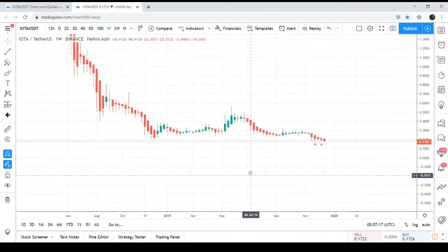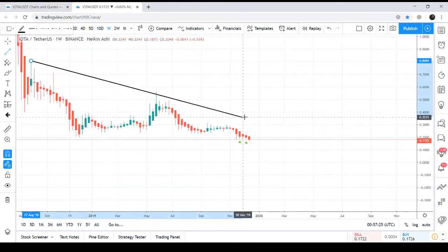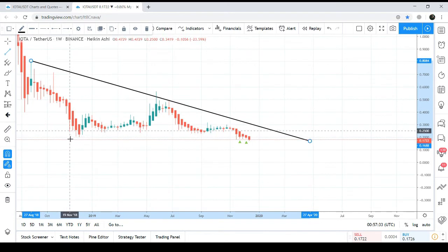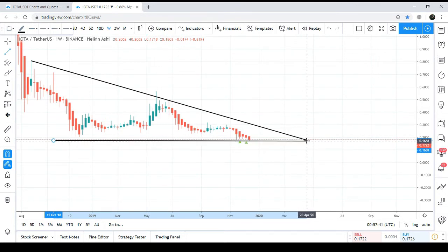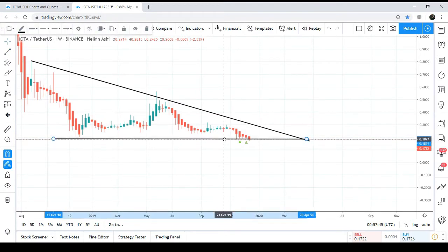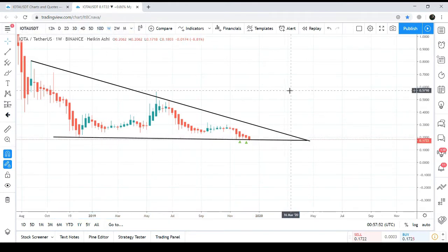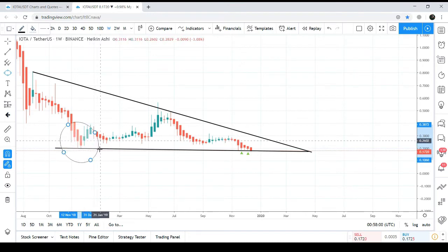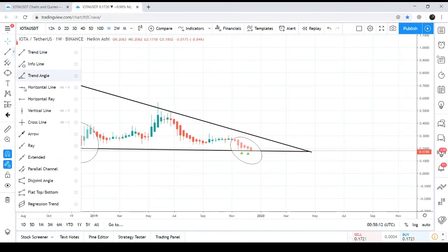the price action is moving in a descending triangle, which starts from here, and this is the upper resistance of the triangle, and this is the support of this descending triangle. This is the support. Now we can see this is the first touch at the support, and now this is the second touch. The price action is hitting at the support, so it can be a powerful double bottom, and the price action